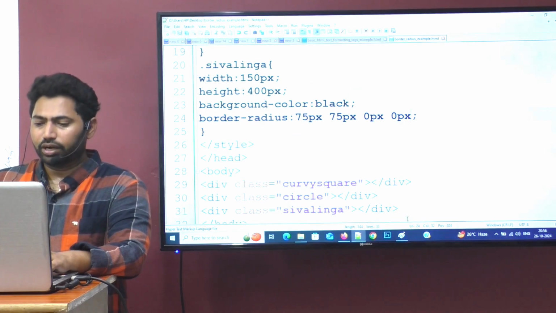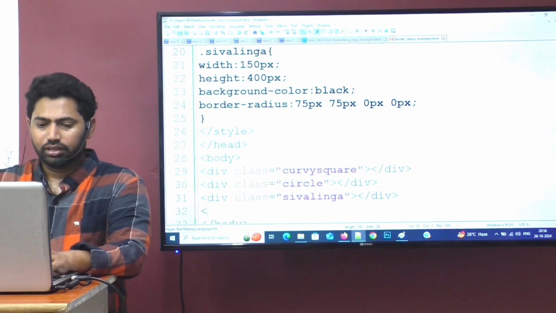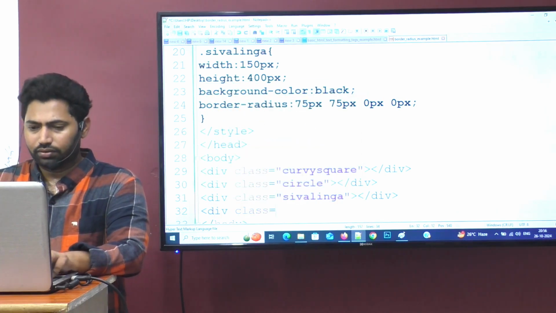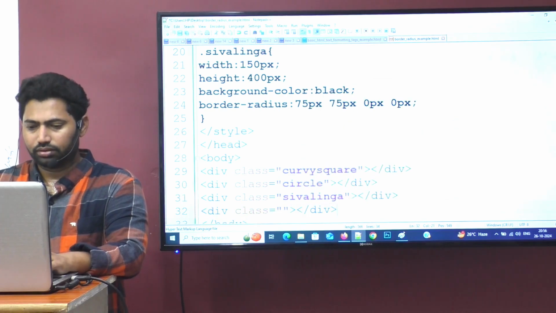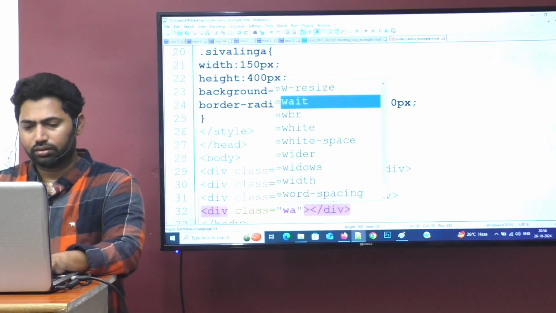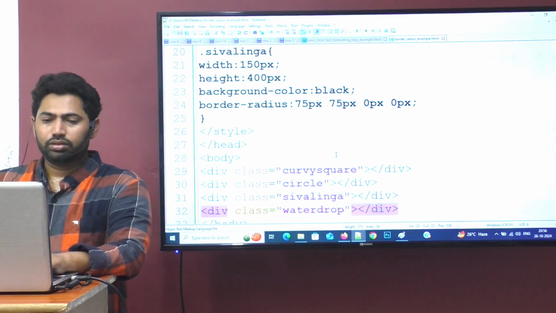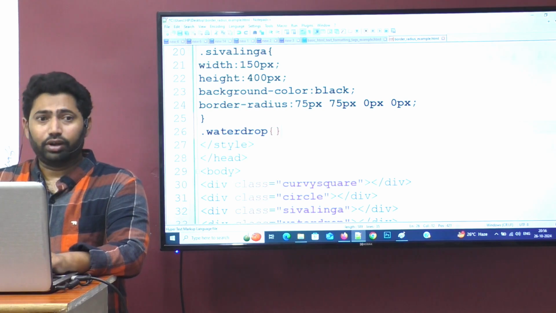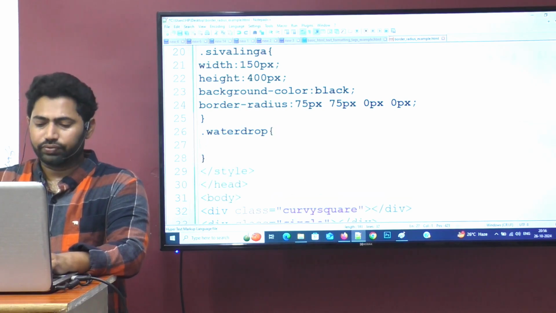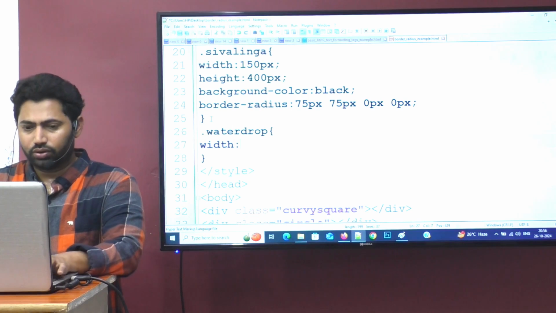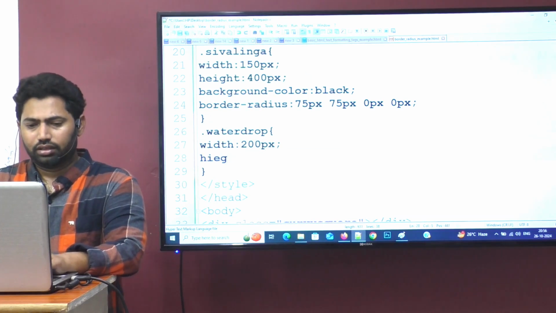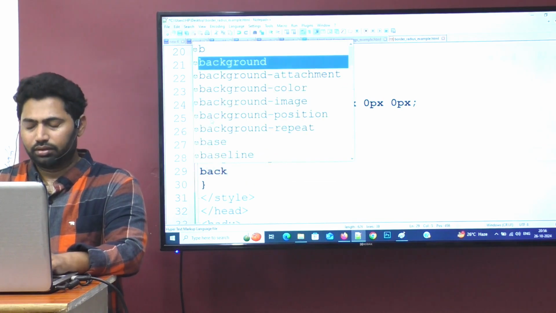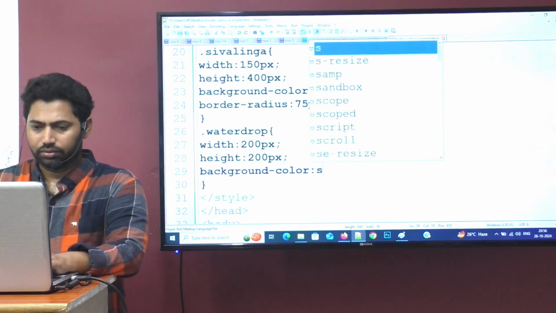So then after, I will make a water drop so that we can conclude this topic. See here everyone, I am writing here div class equal to double quotations, water drop. Let's write there a water drop class. What is the main base shape for the water drop? Square only. So let's write there width colon 200 px, height colon 200 px, background color as sky blue,